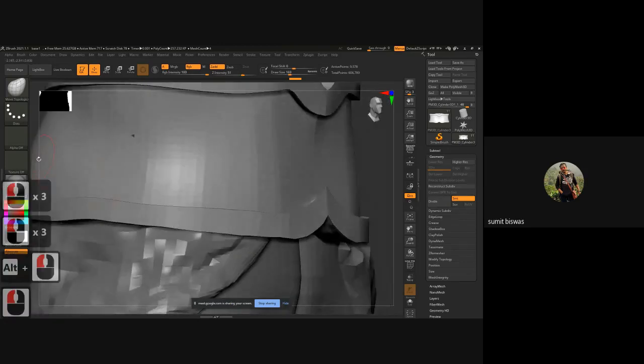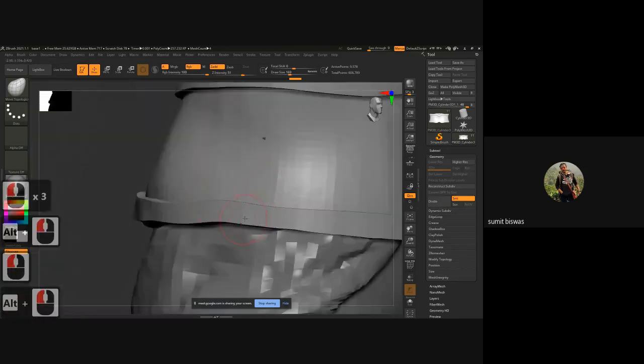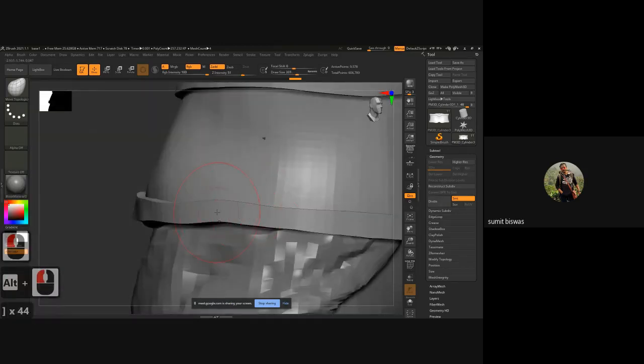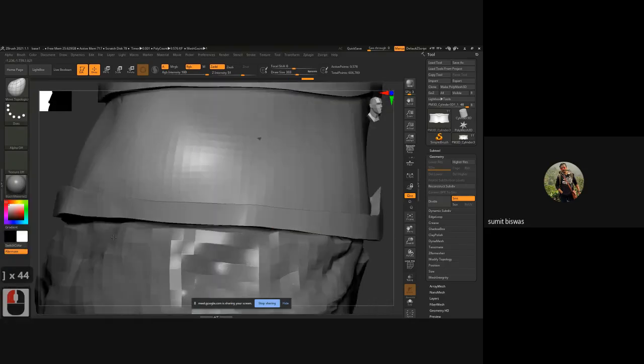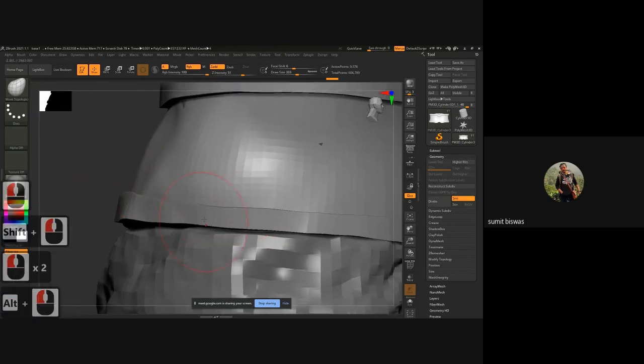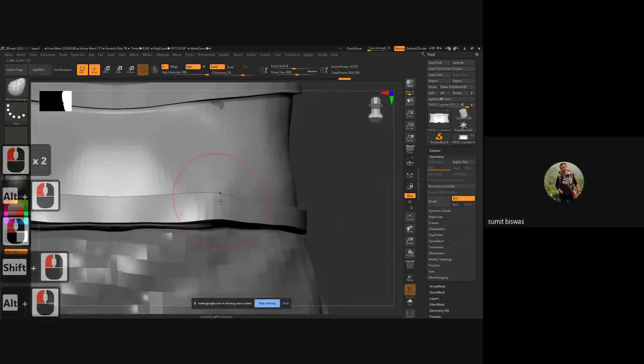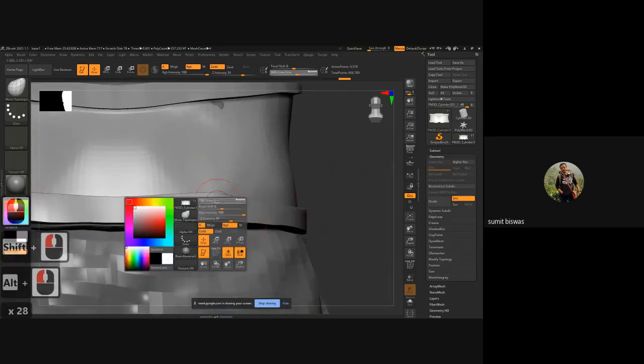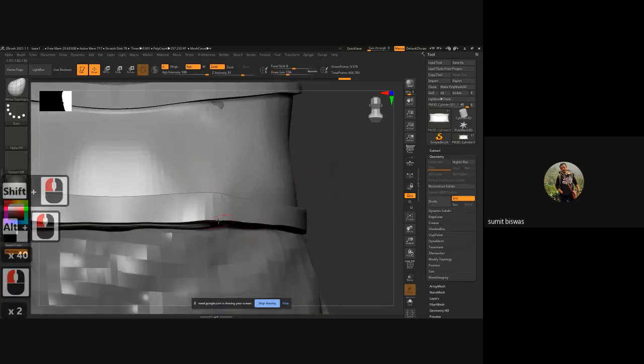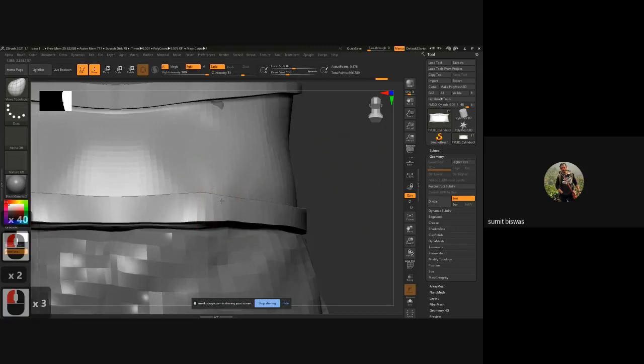And as of now, I'm working on symmetry. I'm increasing the brush size because I want to move the entire thing. There's a slight curve. That is something I don't want. I just simply moved it. Now again, I can see this slight curve, but I want to move the upper part only, not the lower part. Lower part slightly, just to make it straight.